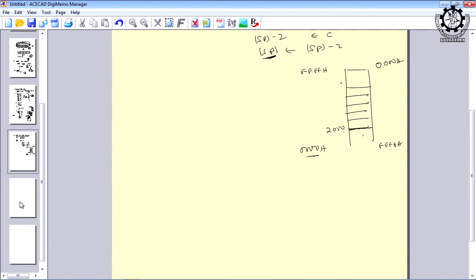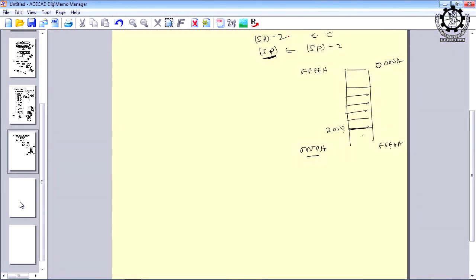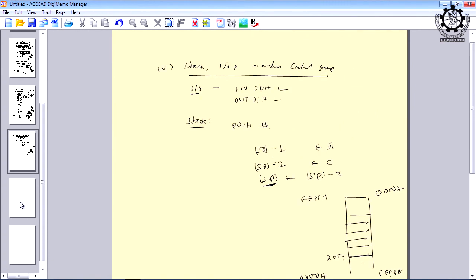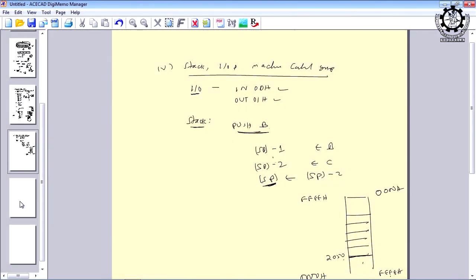All Intel series microprocessors assign their addresses to the memory, irrespective of RAM, ROM, EEPROM, whatever it may be, always from top to bottom. Therefore, when the stack grows from bottom to top, the stack pointer is decremented by 1, and after decrementing, the top of the stack is changed, and you can push another element, right. So, this is the push operation.